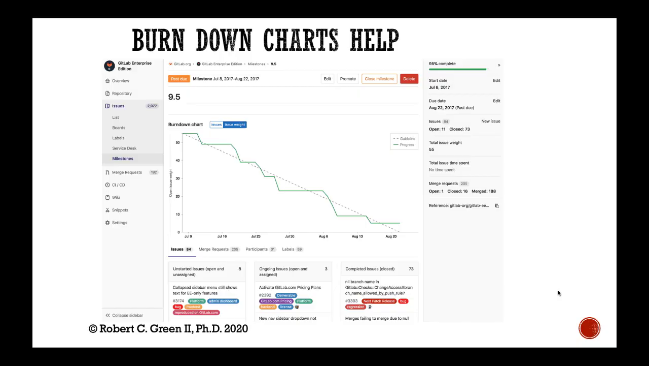Very straightforward. You just have a plot on the y-axis of work remaining and then days remaining on